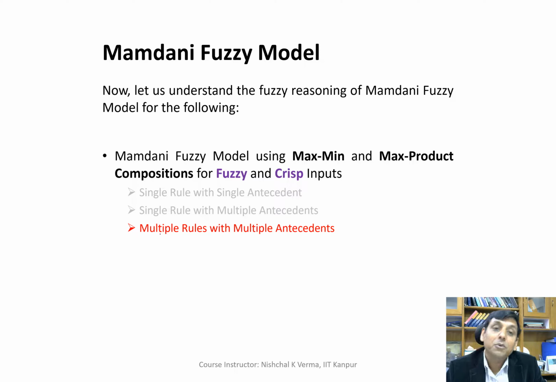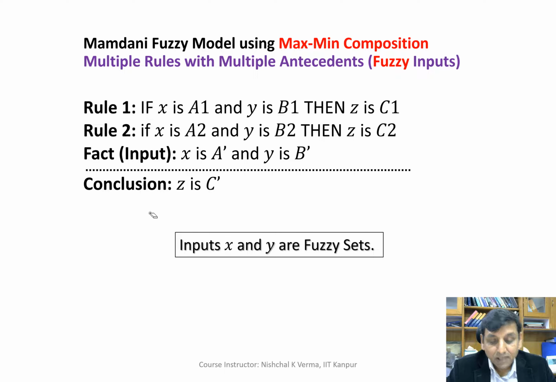with multiple rules, more than one rule, and even in the rules themselves we have multiple antecedents. So let's now discuss this scenario. Here, for simplicity, we are taking two rules only under this multiple rule case. With multiple antecedents, here also we are taking only two antecedents. So let me